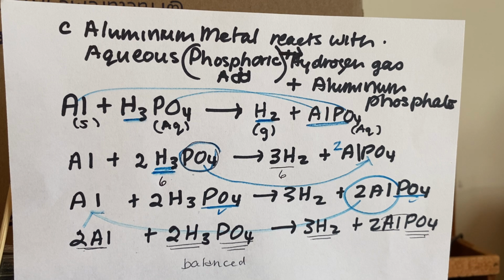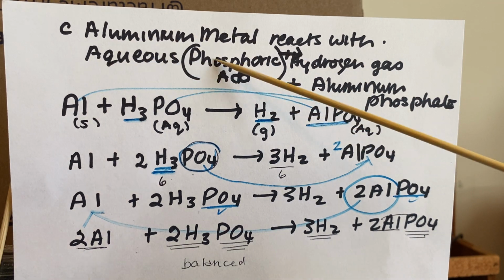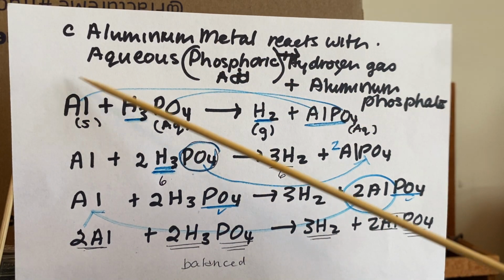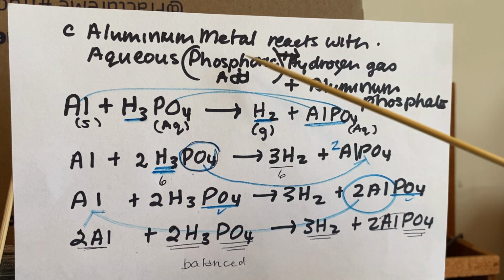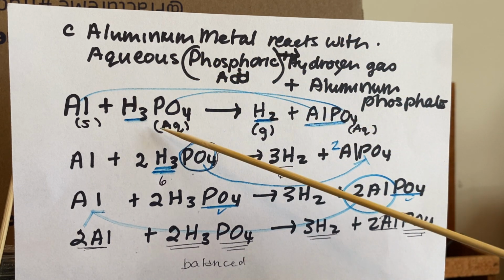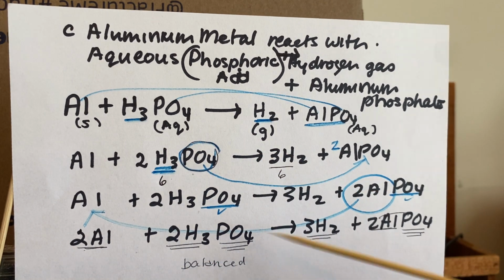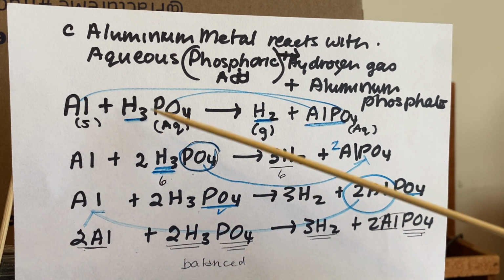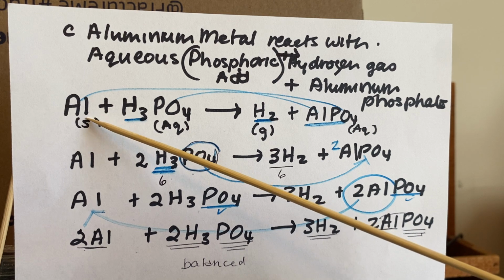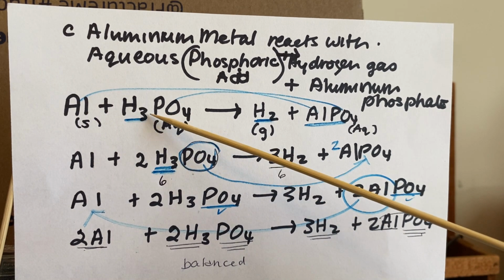Okay. So this one says aluminum metal reacts with aqueous phosphoric acid to produce hydrogen gas and a precipitate of aluminum phosphate. So here we have the aluminum metal. Aluminum metal is just Al, and it's reacting with aqueous. Make sure you put your solids and your aqueous down here, which I didn't do in the end, which is very important to do. So I put solid, and then we have the aqueous